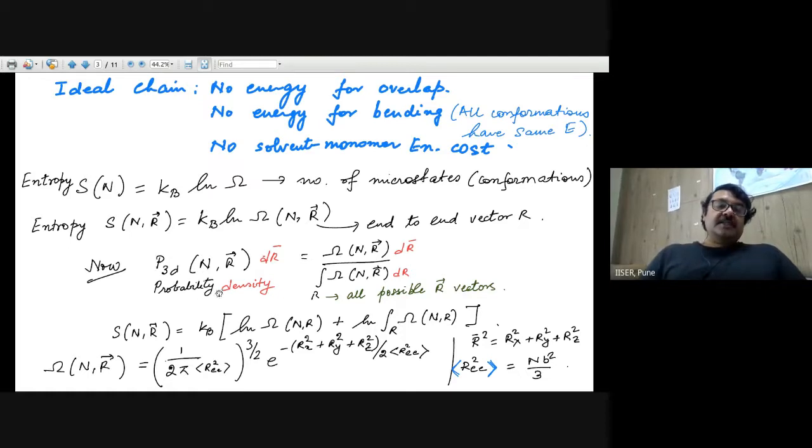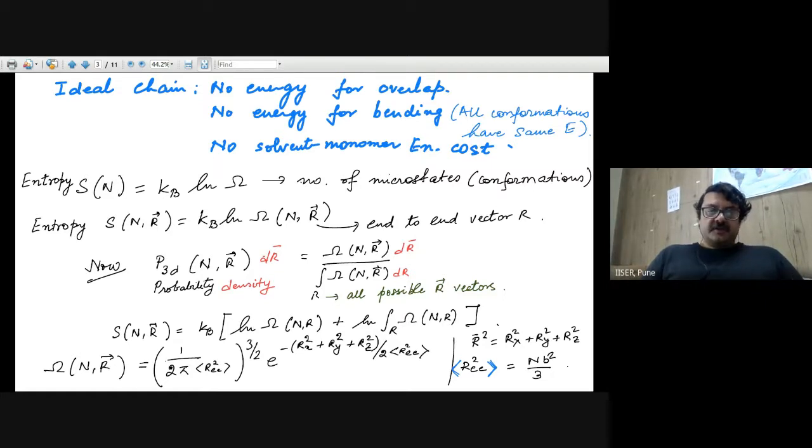So this probability density is given by the total number of conformations possible with R vector, divided by the total number of conformations where you have no restrictions on the end-to-end vector, except that the contour length of the polymer should be maintained. So the contour length R max has to be n times b, where b is the bond length, or if you like, the Kuhn segment, right? So this is a very general statement. This is the probability density,